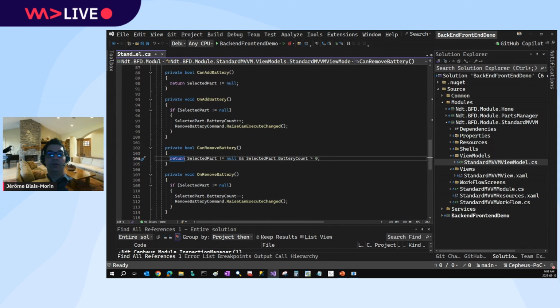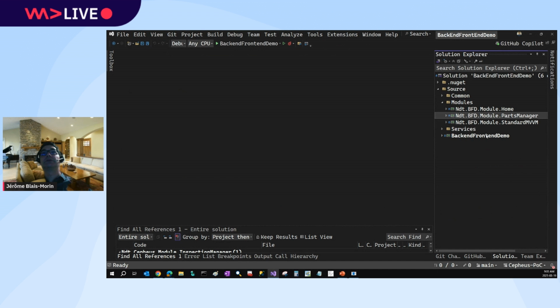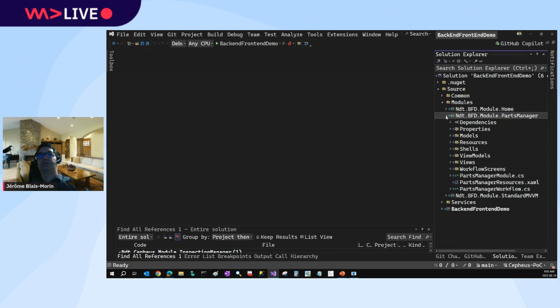Okay. If I open, I'll just close this one, close that. So now we'll look at code in that other module, which uses our approach, and not the standard one. If I open the view,